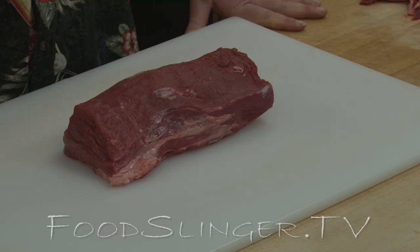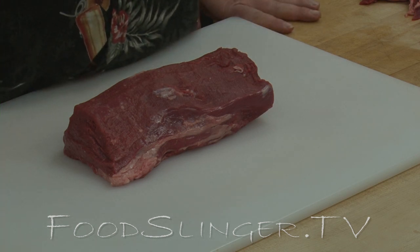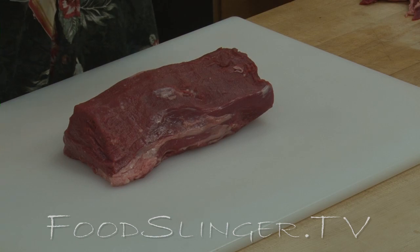What we're going to do is make a party platter out of that, a very thinly sliced tenderloin. You can slice it with a knife or with a professional slicer, whatever you have, but it's a great party thing to do around the holidays or anytime you have a special occasion, and it's very, very simple and practically foolproof. So the first thing we're going to do is brown this up on all sides,